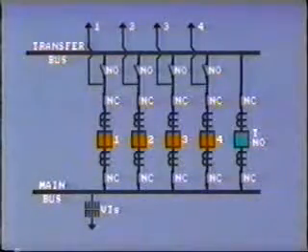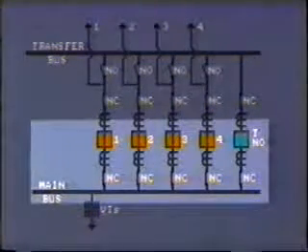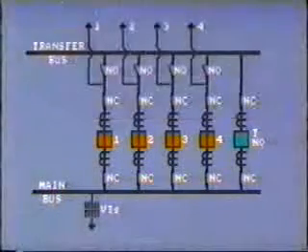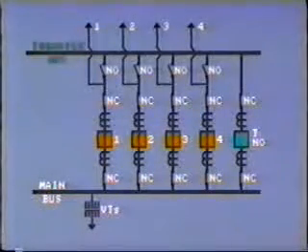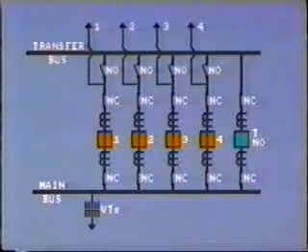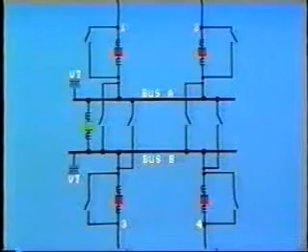Only the main bus is protected by differential. As shown here, the zone includes the outboard CT of the bus tie. Actually, the transfer bus is not a true bus in that it is never connected to more than one circuit at a time. With a true double bus arrangement like this, both buses A and B are connected to multiple